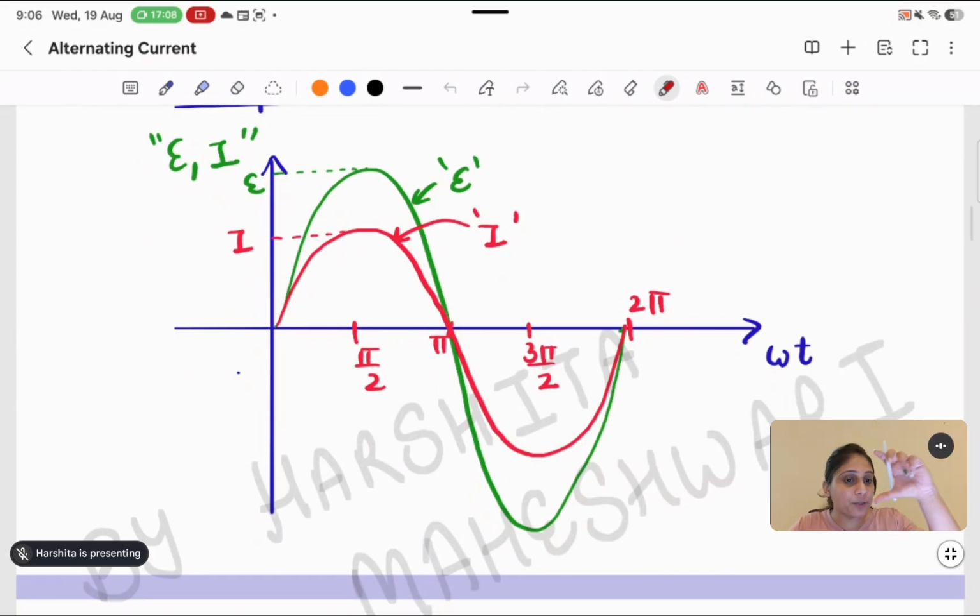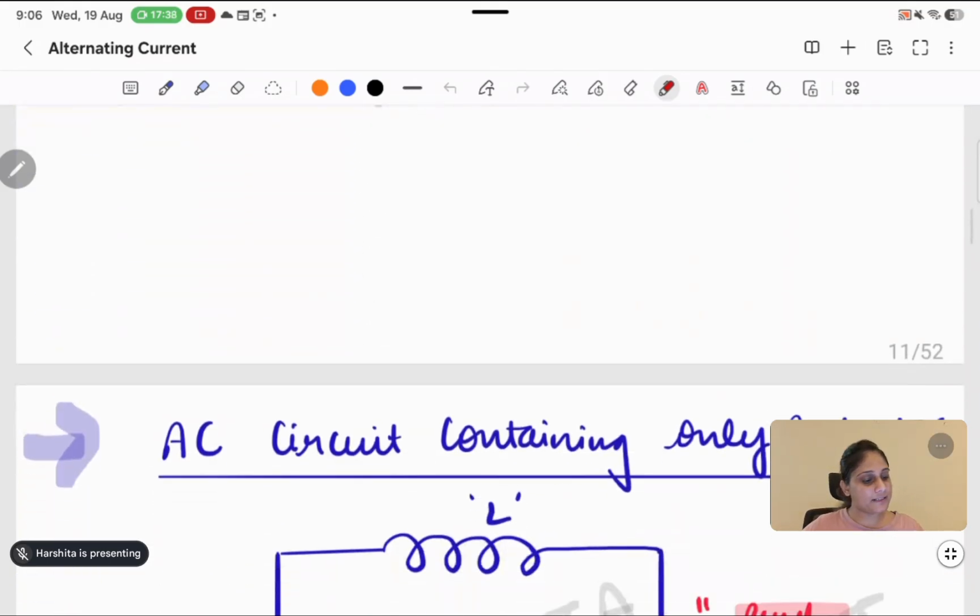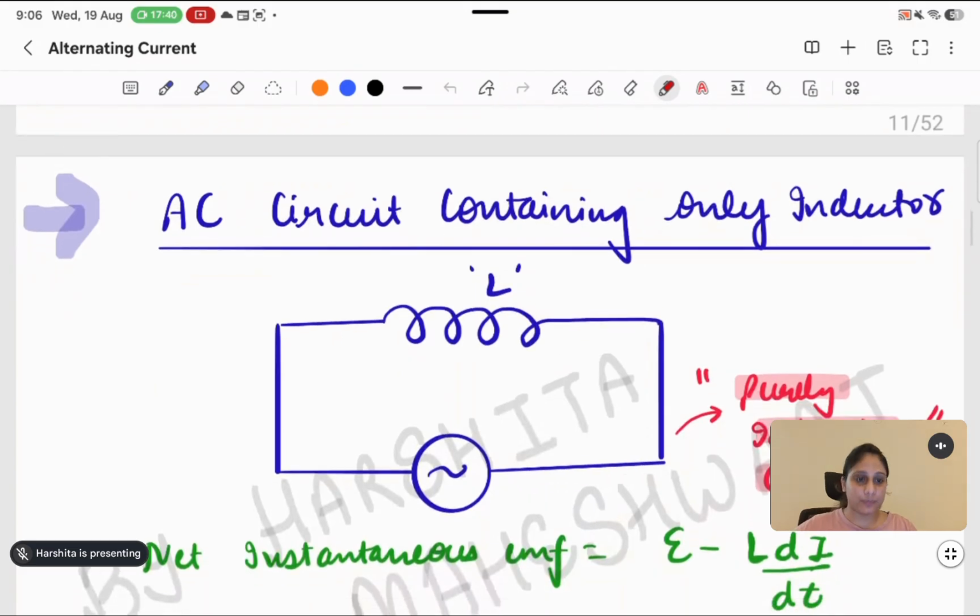Again, if I took the amplitude of E as a greater one, the length is greater. So that's why I made the graph a little higher, and the I value graph a little smaller. Next we have the E value, which will be like this. So the I value will be again in the same phase, with omega t inclination only. So that's why we are not preceding the graph further. It's like that.